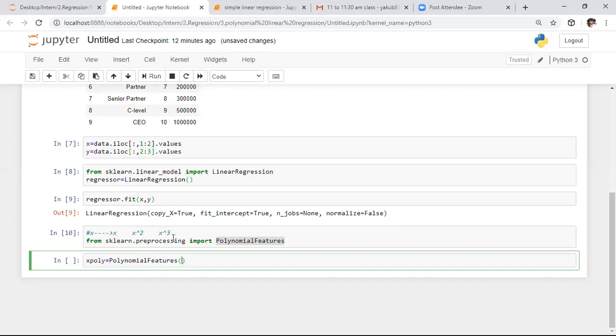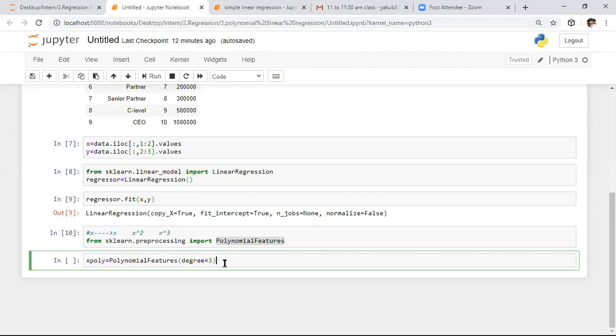Degree is nothing but the power up to which you want to go, how many exponents you want. For my project I want to take degree as 3. That means I am considering x square as well as x cube also. For that purpose, I am specifying degree as 3.